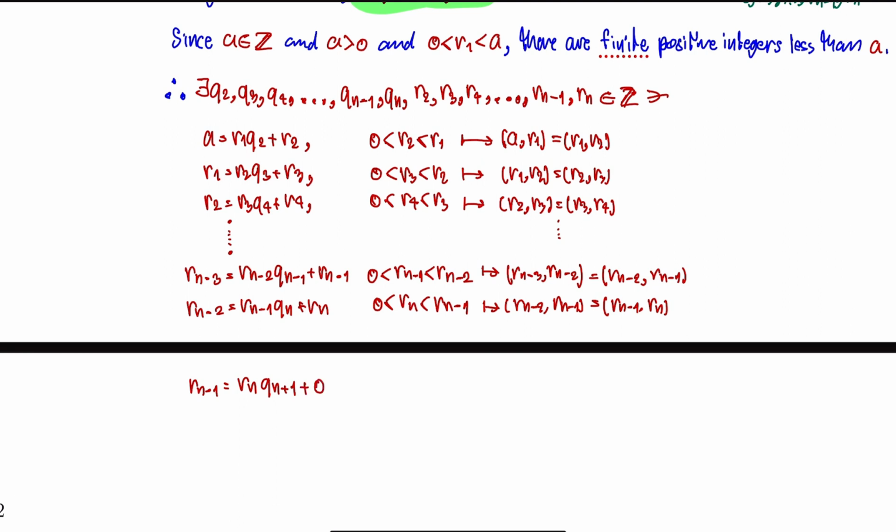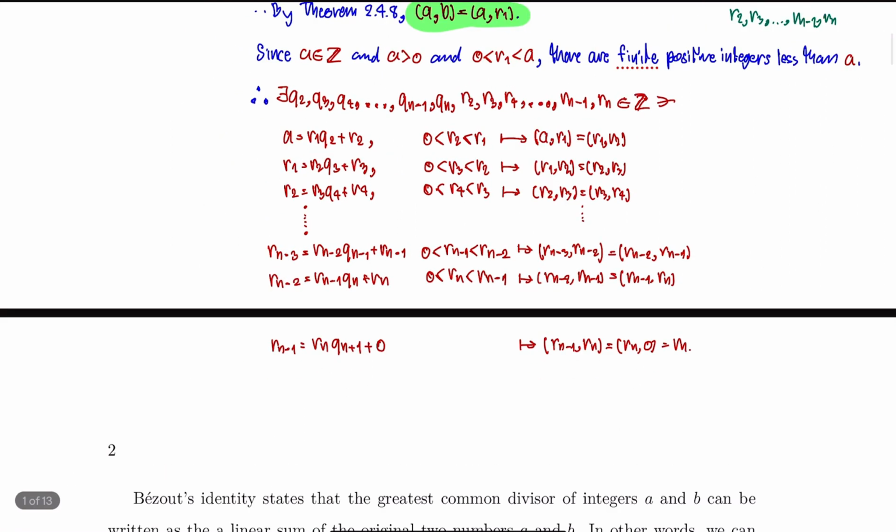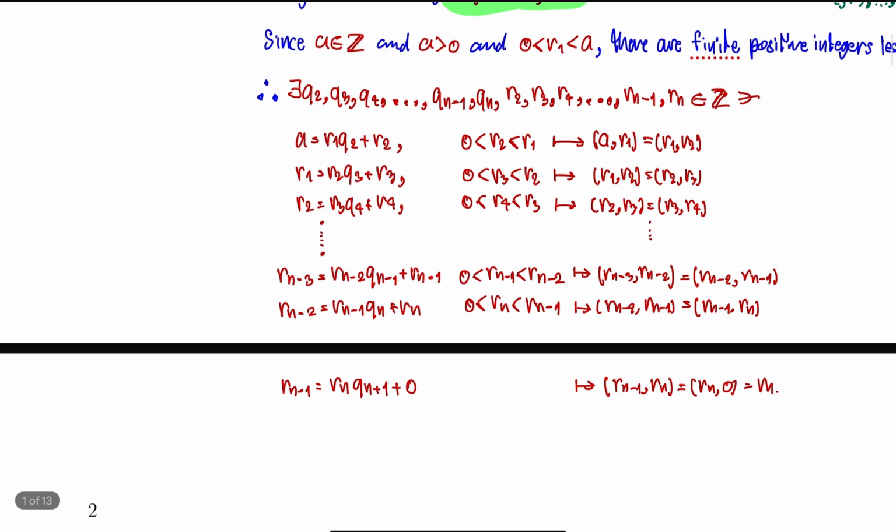Okay, and then what about the last one here? Okay, let me write plus 0 right here. In this equation, we divide Rn minus 1 by Rn, and the remainder becomes 0 right here. So we gotta have the greatest common divisor of Rn minus 1, Rn, becomes Rn, 0, and it turns out to be Rn. Okay, great. So what do we have right here? So by theorem